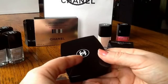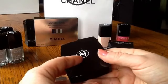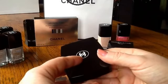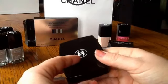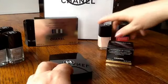I haven't bought any of the lip products. There are two lipsticks, one nude, one red, two lip glosses, one nude, one red. I think in America you got one of those double-ended lip products that we don't get over here, a more orangey red. But then unusually the nails, instead of going with the red, and I'll come to this in a minute,